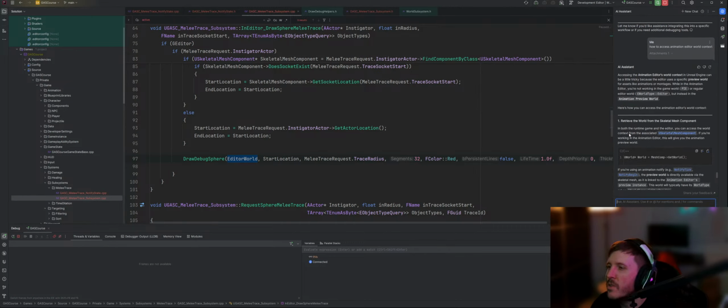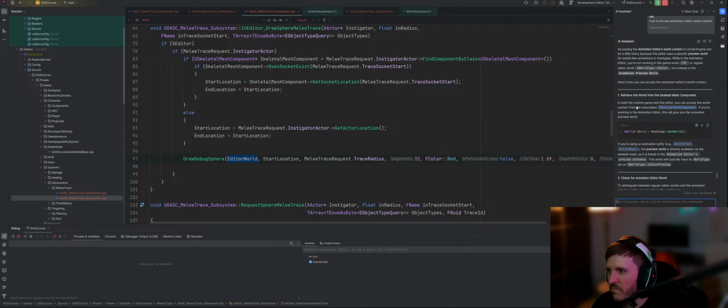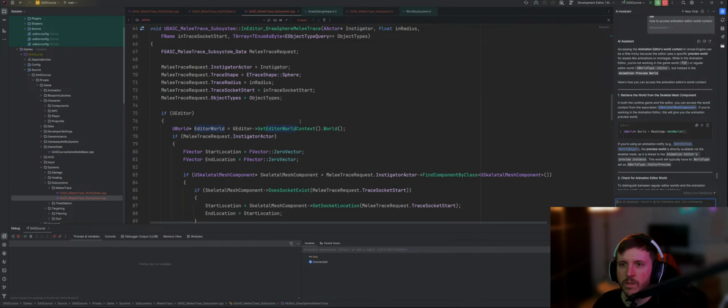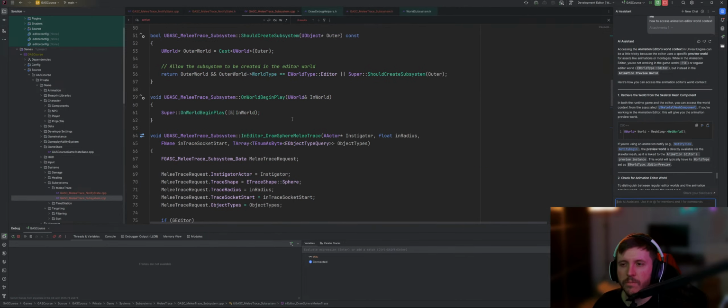So I have to retrieve the world from the skeletal mesh component. Okay. So maybe I need to get the,